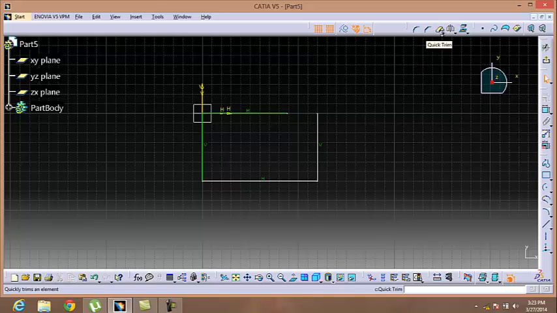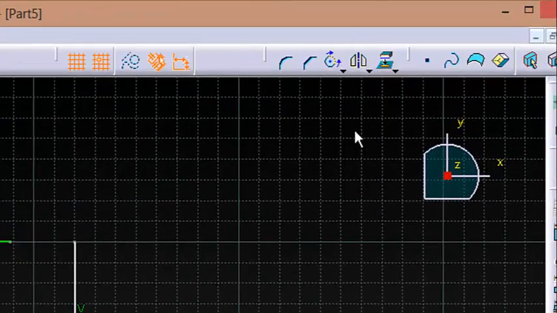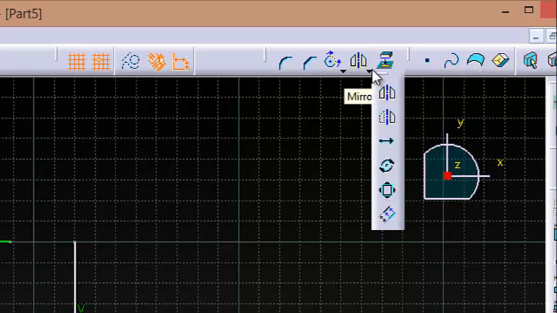It is basically the eraser used in paint. Here is a mirror tool.